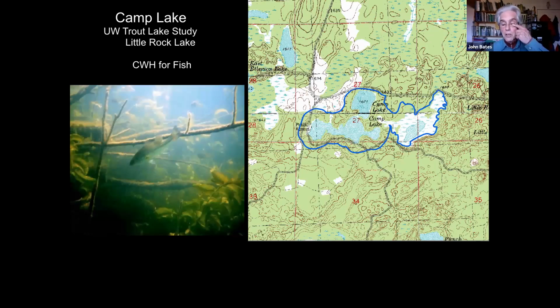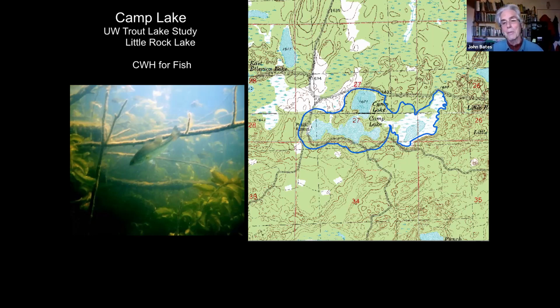And the DNR is all behind this now. We're no longer doing fish cribs, we're doing fish sticks, just recognizing the importance of having all of these branches down on our shorelines and into the water, because they provide habitat for small fish, for all kinds of aquatic insects, which of course are the prey base for all kinds of other birds and larger fish and so forth.